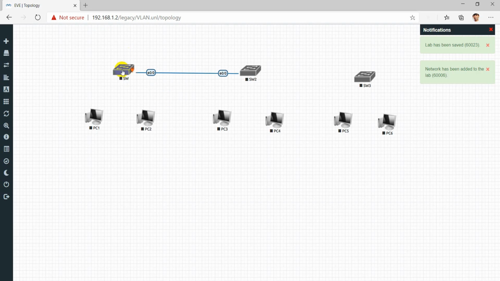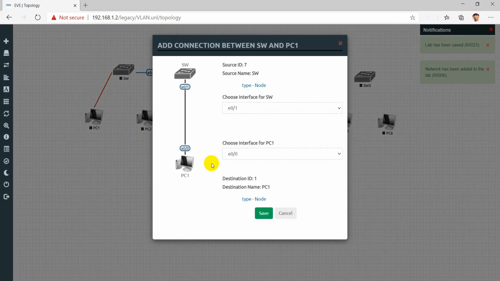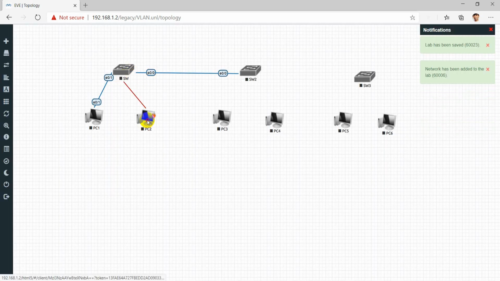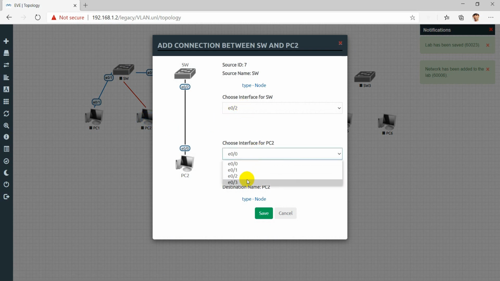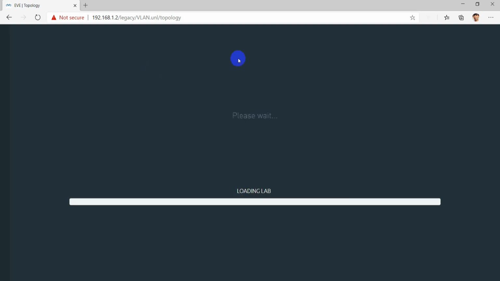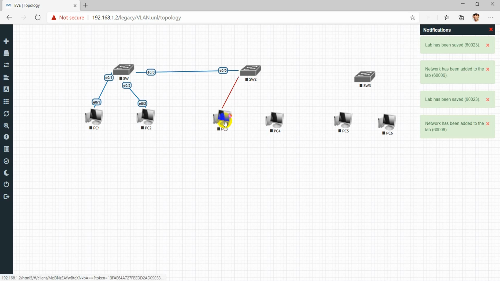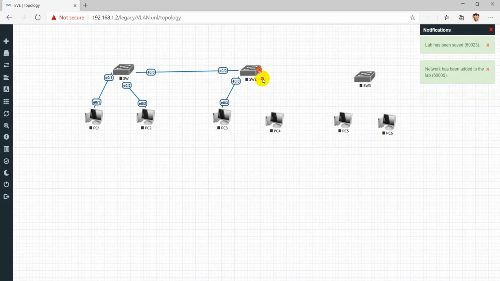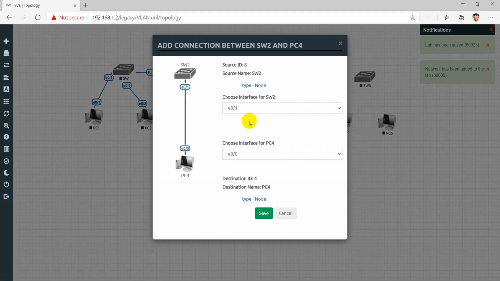This would be the trunk link. Now this would be the access link for PC1, for PC2, for PC3, PC4.